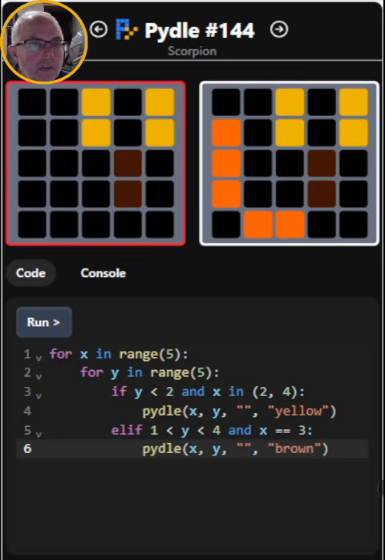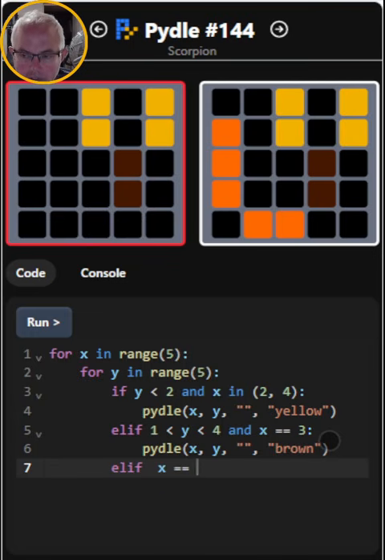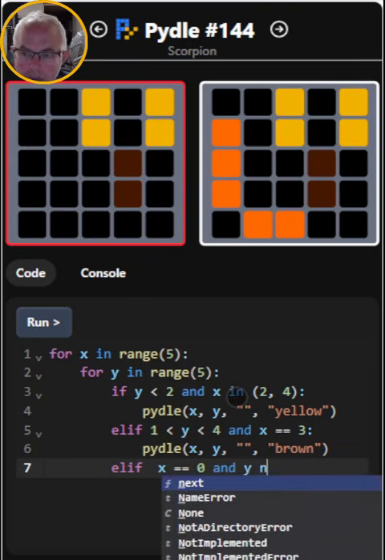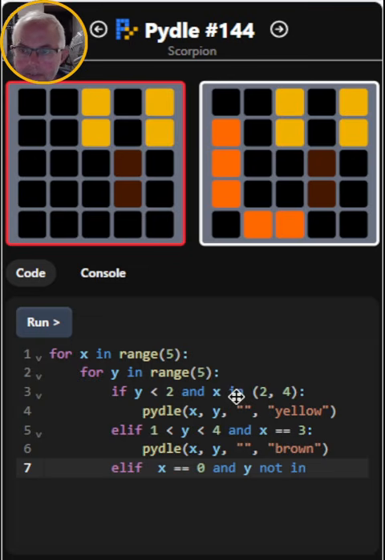Okay, and now for the orange. We need an elif because we're going to leave the rest of the pixels black. So we've got x equals 0. Now we need to limit the y. So we can either say x is 0 and y not in 0, 4,